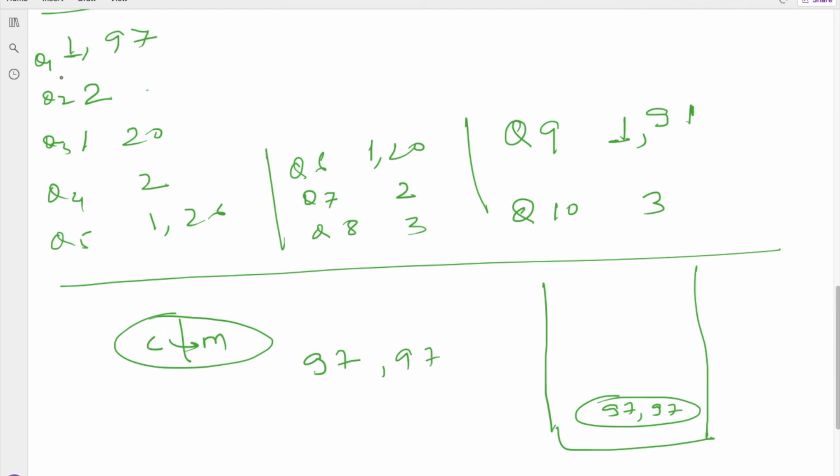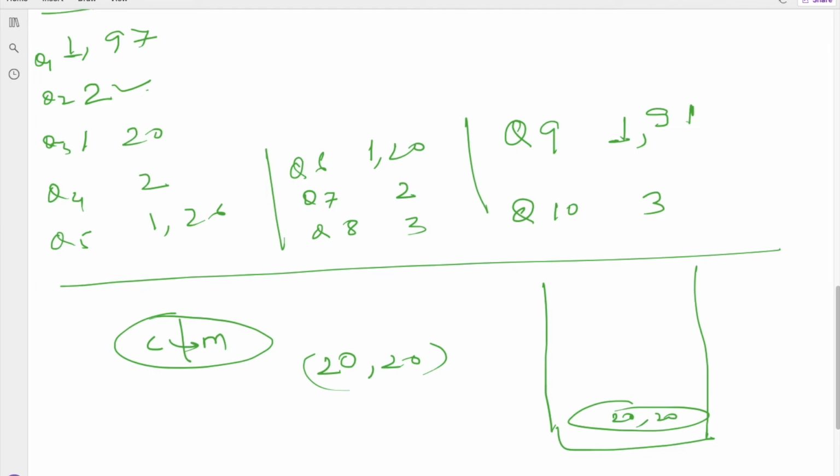Query number 2 is pop, so let us pop this element. Query number 3 is again operation 1 with value 20. Currently my stack is empty, so the maximum for this current element will be 20 itself. So we keep this object with values 20, 20.